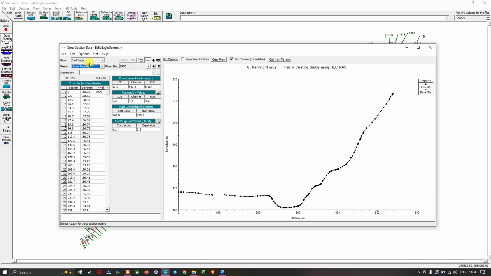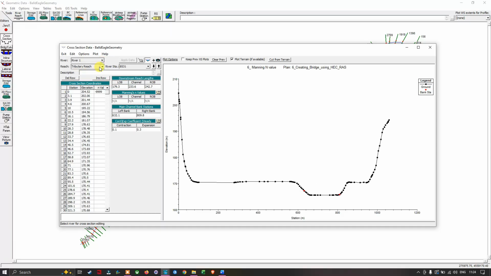Here we have the river, Bald Eagle, and in Bald Eagle we have two reaches, an upper reach and a lower reach. In the river we also have a tributary called River 1, and we have to select the tributary reach to enter the Manning's values for it. You can enter the Manning's value directly into this option here, or, if you want to enter the Manning's values for the entire left overbank, channel, and right overbank,